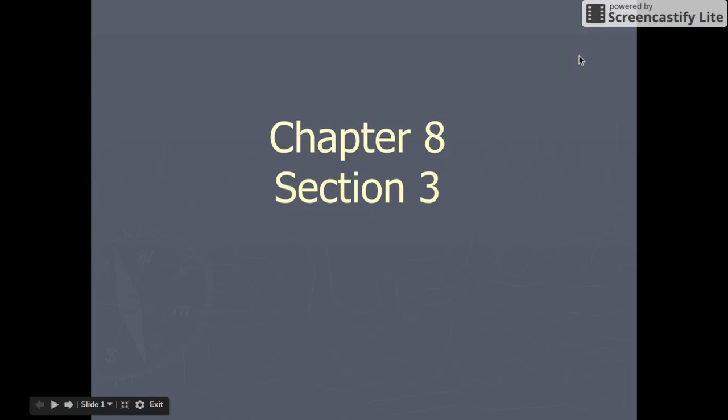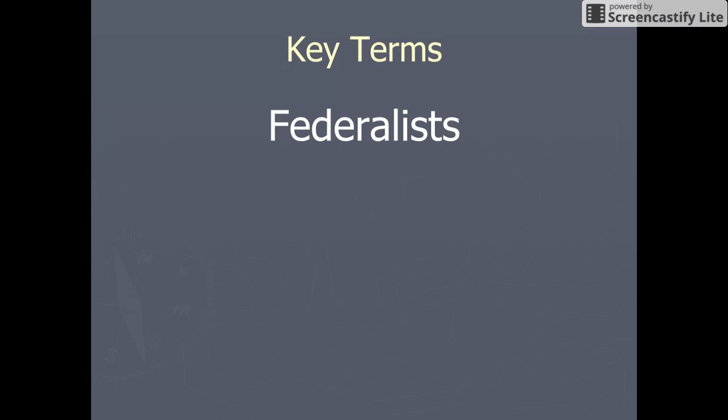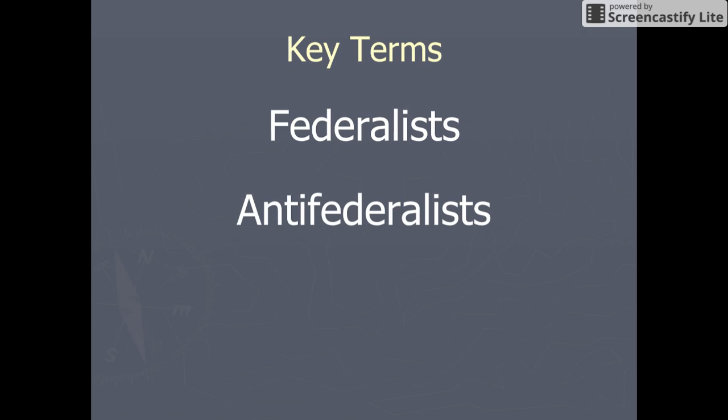Chapter 8, Section 3. A couple key terms I want to go over. First one is a Federalist. That is somebody that supported the ratification of the Constitution, or somebody that supported the new Constitution. Anti-Federalists were people that opposed the new Constitution or opposed ratification. Ratification means to formally approve